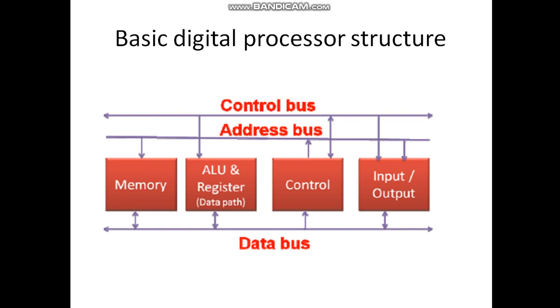This is a system. This system is an example of a 4-bit microprocessor. So this microprocessor consists of various functional blocks. That is, you have memory block, ALU block, control block, and input output block. The input block is used to receive the input data, and the output block is used to give the output after performing the operation. And the control block controls all the operations.